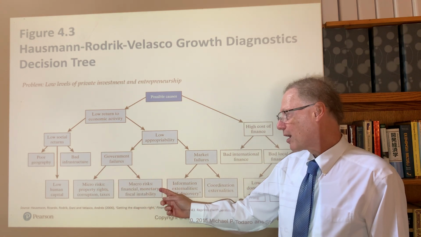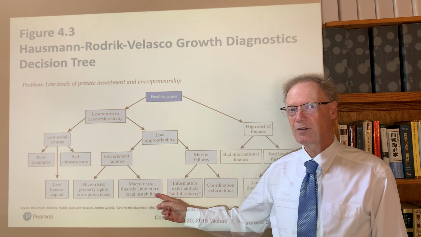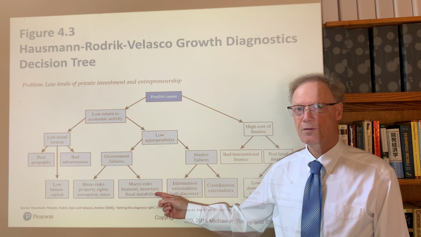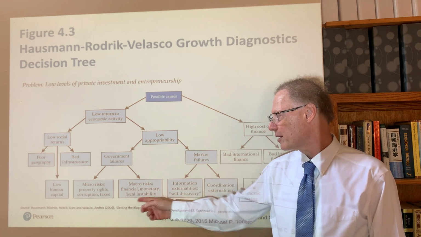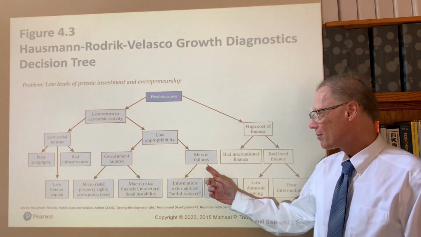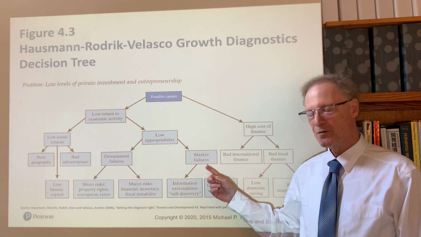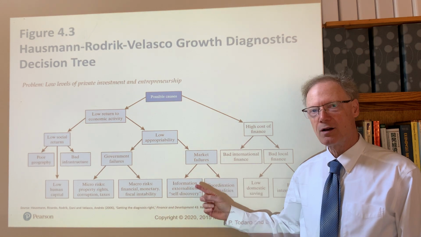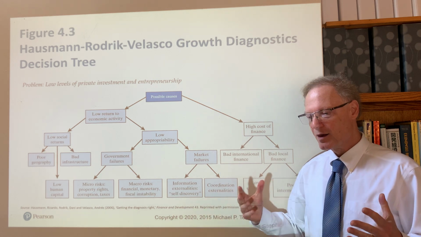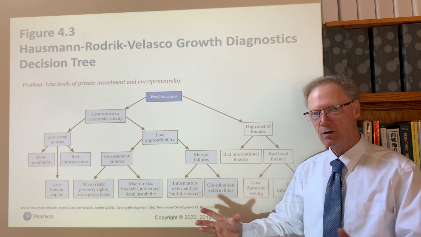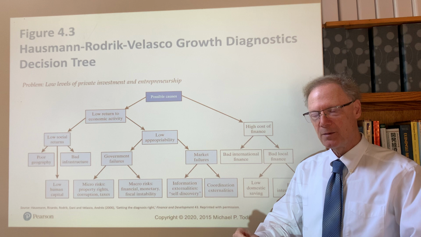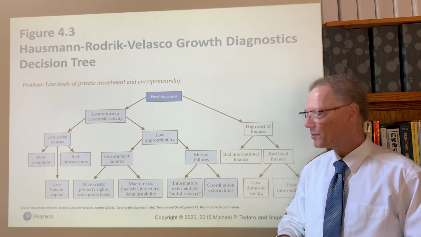On the macro risk sides, we haven't covered these yet in much detail. They are covered later in the text in chapters 13 and 14, but these are financial, monetary, and fiscal instability, macro problems. Market failures, here the focus is not particularly on the important but very localized market failures that have impacts to local economic activity. I think here about local pollution. A serious problem can add up for problems for the economy.